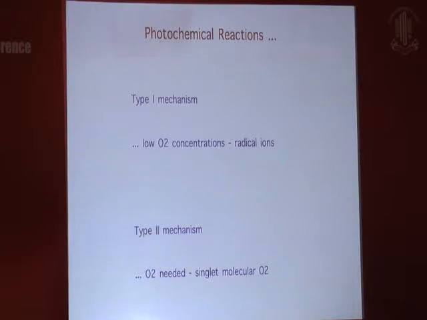So what exactly happens in the cornea is a photochemical reaction, and although we don't like biochemistry much, I'm forced to talk about this because this is the basis for the ongoing controversy about accelerated cross-linking, and therefore it makes sense to try and understand what exactly happens in the corneal stroma. There are two types of photochemical reactions that occur. In the type 1 mechanism, this can occur at low oxygen concentrations using radical ions to cause cross-linking. The type 2 mechanism is a far more rapid and explosive process, and this needs excessive amounts of singlet molecular